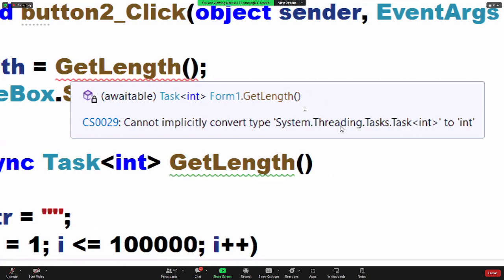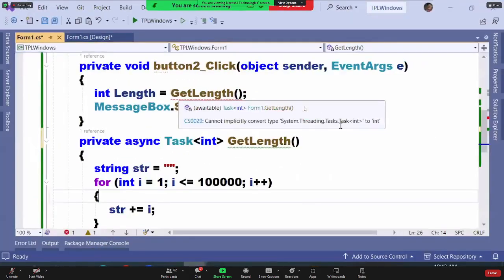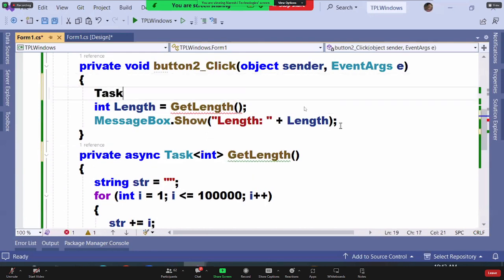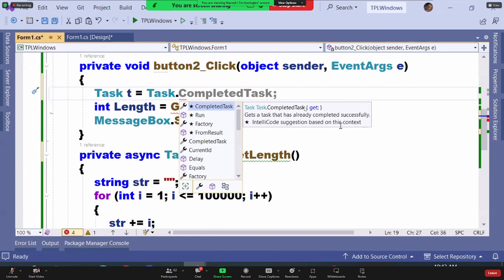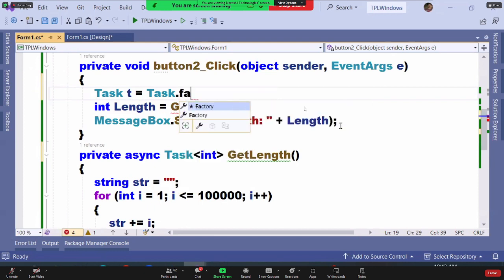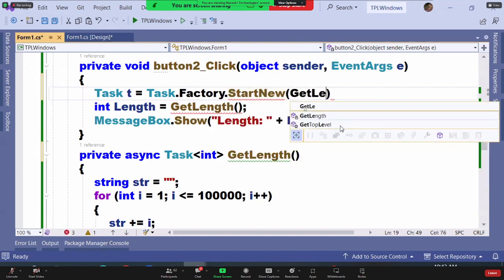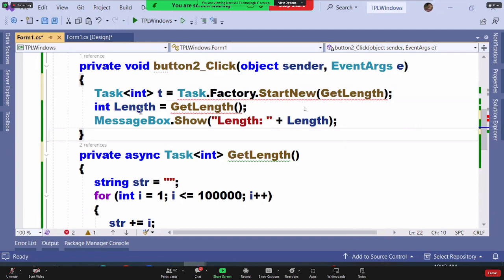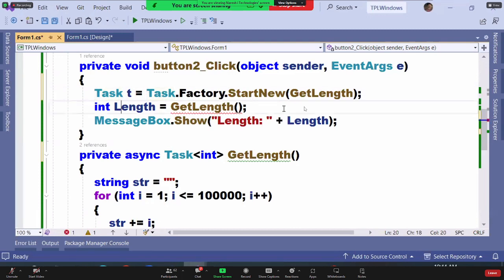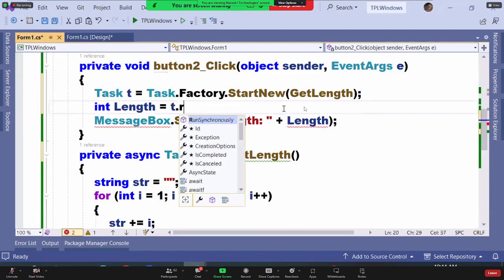It's a Task of int and I cannot convert it into int. So what should I do here? Task of T equals Task dot Factory dot StartNew. What is the method name? GetLength. Just a minute. Task of int. No need, directly we can call Task. Okay. And here you say p dot